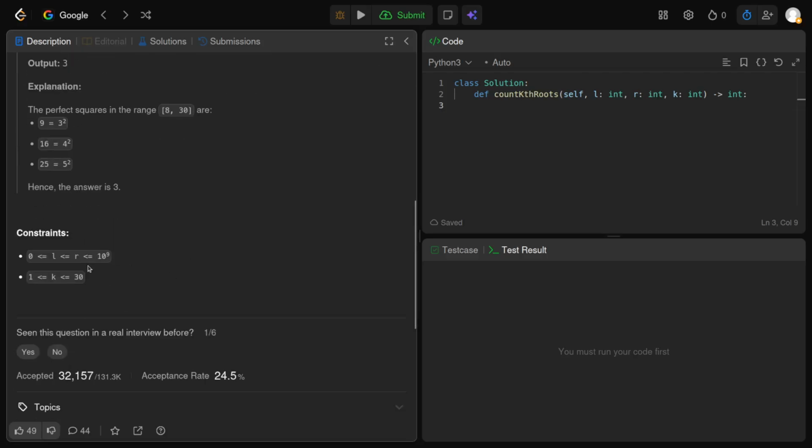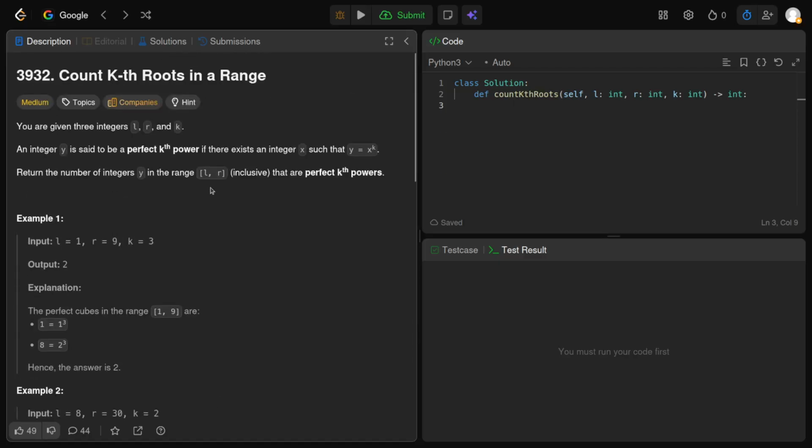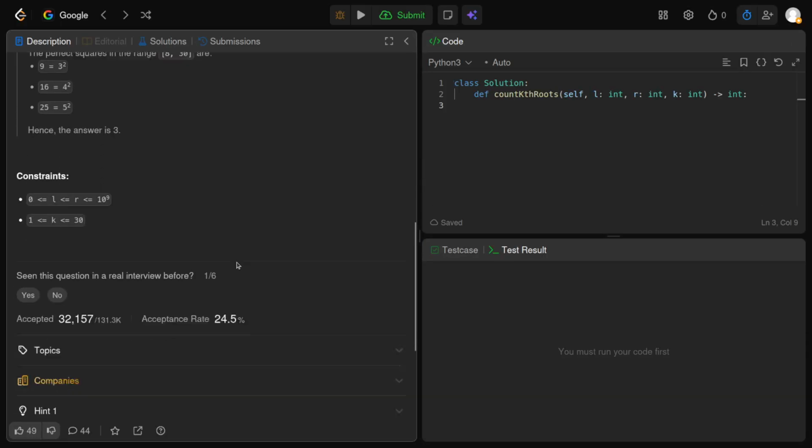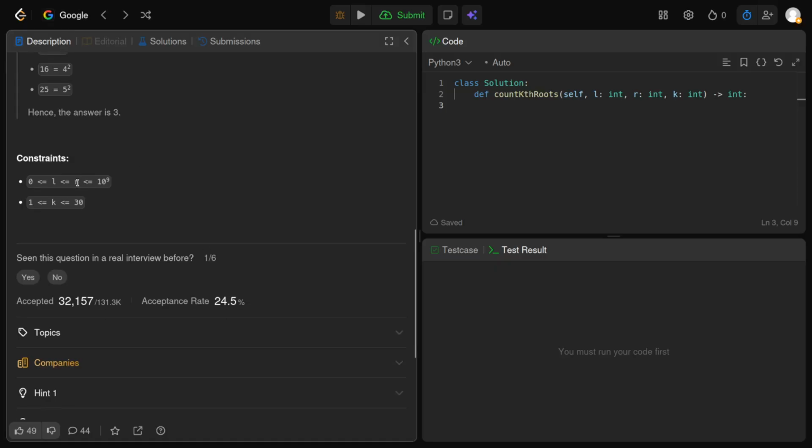We go at most through 10 to 5 if k is 2. If k is 1, we take the whole range. Otherwise, if k is larger, then we just iterate over all numbers up to the square root of r,